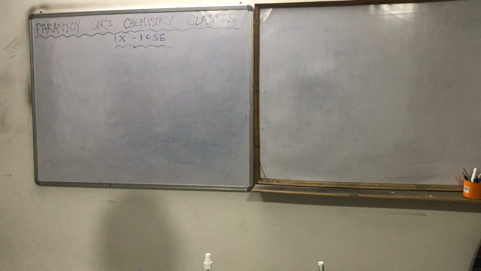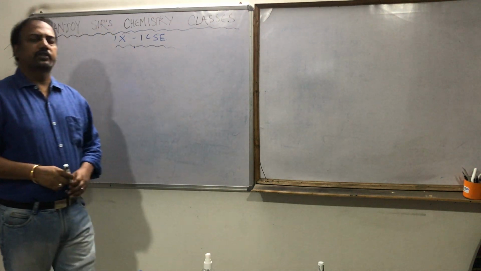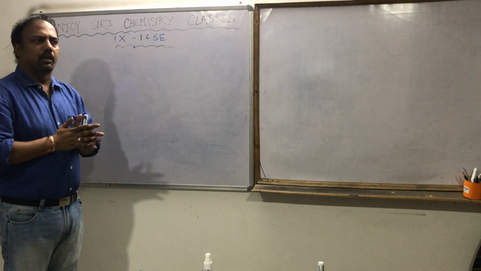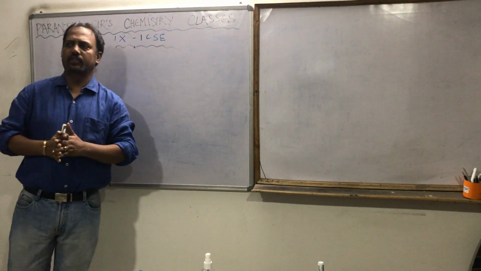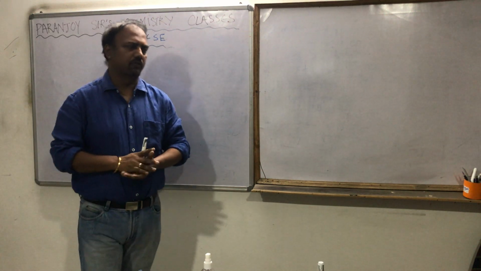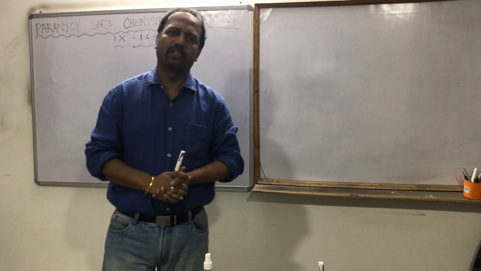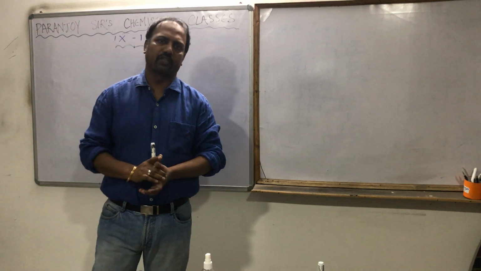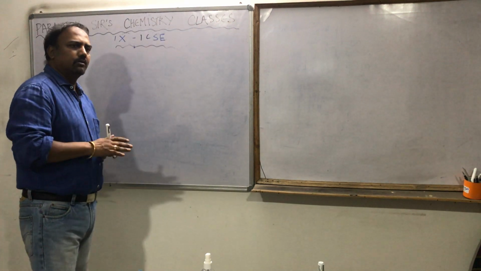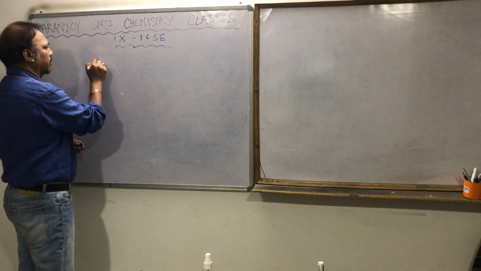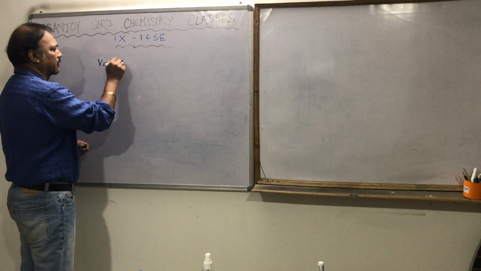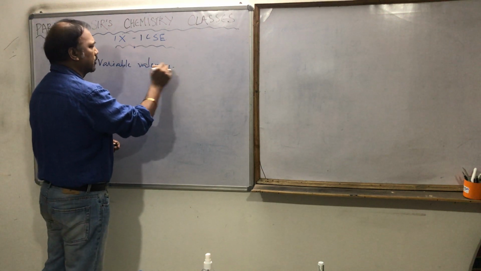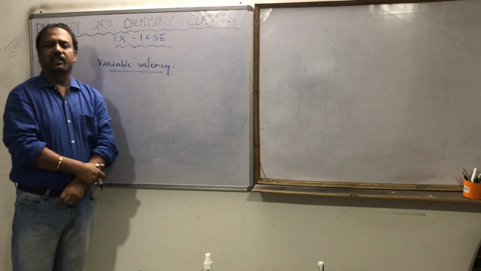Okay. Hello everybody. Now we have studied till valency of your class. We know what is valency. This is the combining capacity of the elements to form the compounds, and the valency can be determined either by the loss of electron or the gain of electron or sharing of electrons. Let's see that. Okay, fine. Now the next thing we are going to know is variable valency. Variable valency. Okay, that means some elements show more than one valencies in their compounds.